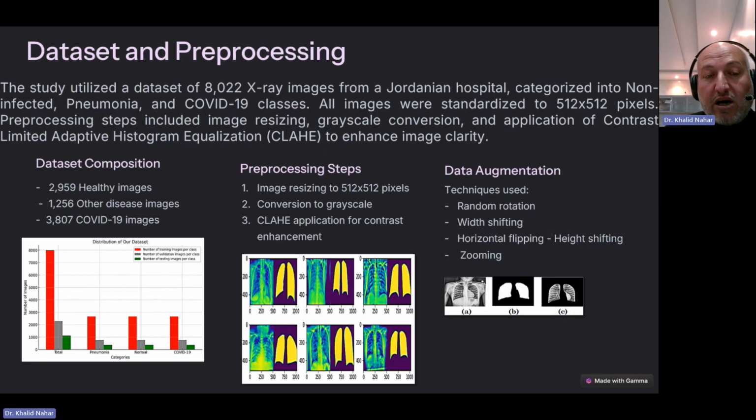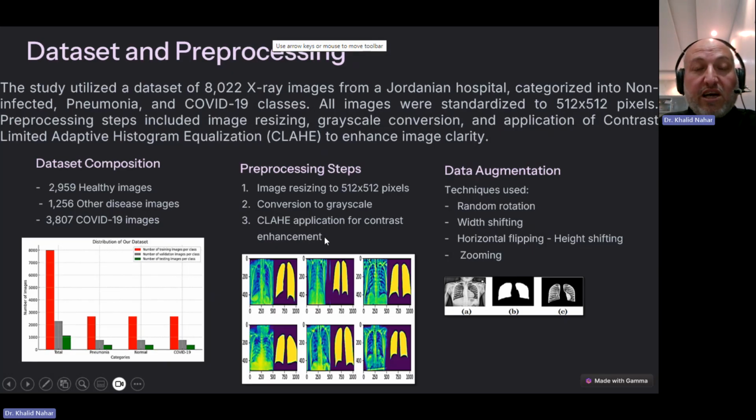The distribution of this data collected from multiple Jordanian hospitals is represented by this graph. As you see, this is COVID-19, this is normal, this is pneumonia, and this is the total number of